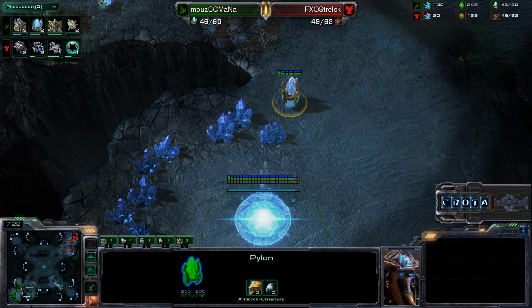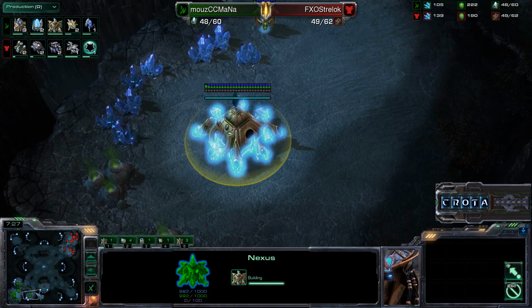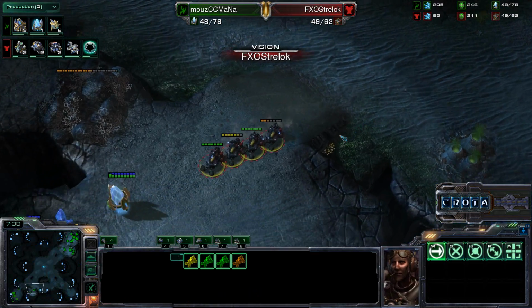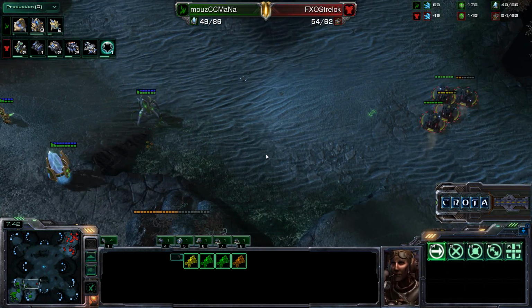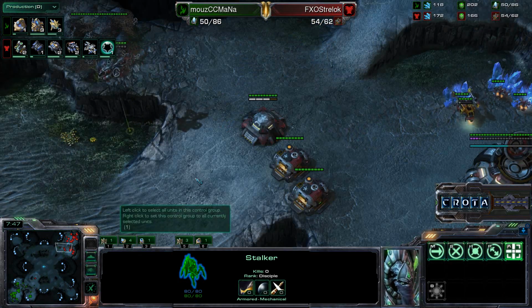Mana looking to establish up his own 3rd base over here on the bottom left-hand side of the map. Is it going to get scouted out? And yes, it will. Will Strelok be actually able to hurt this is the key question. The Nexus is not going to fall anytime soon. You can see Stalkers now perhaps trying to give a little bit of a chase there,